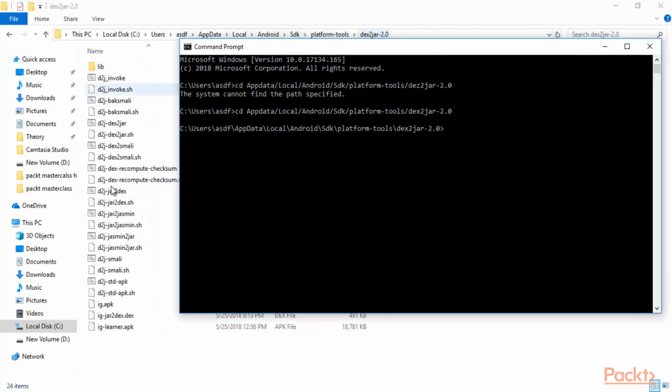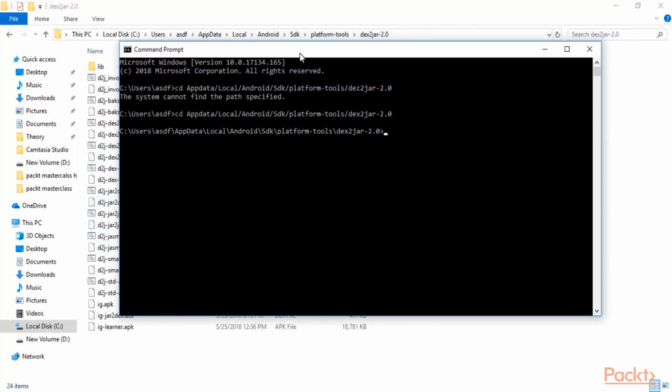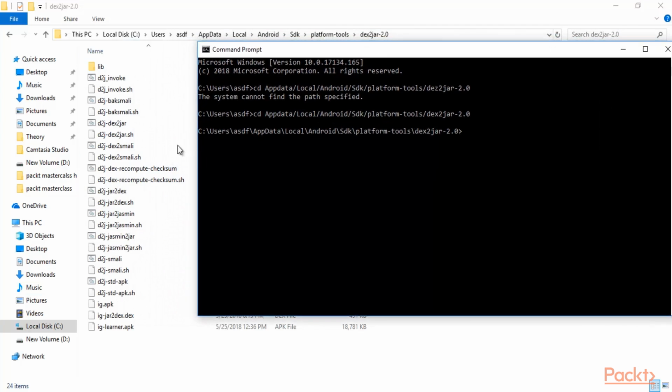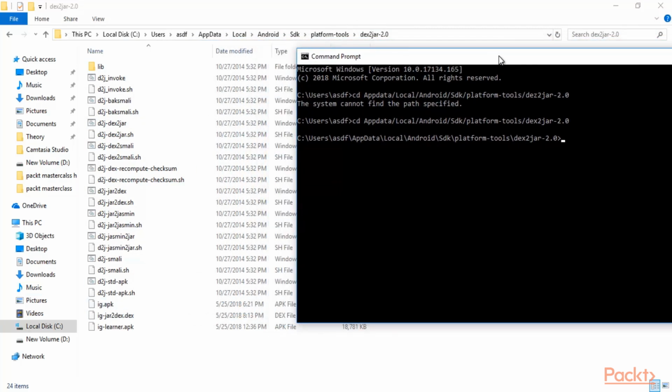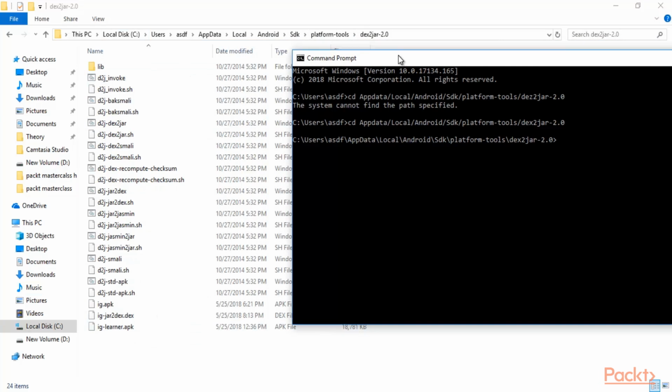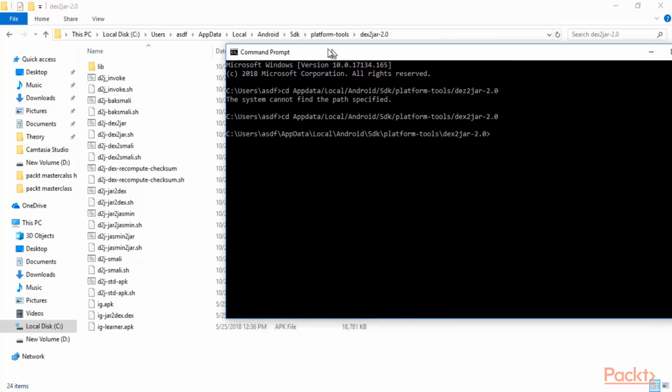So we are inside this folder, and now we can use d2j-dex2jar to convert this ig.apk into ig.jar file, and that jar file will be created inside the same folder. Because you can't see any jar file here, after this process you will find a jar file inside this folder.